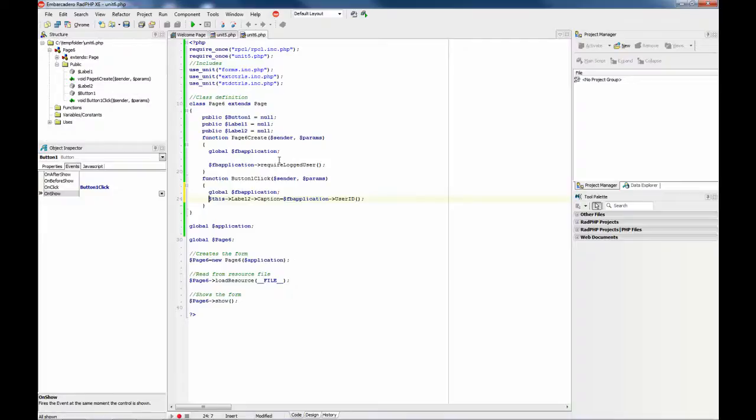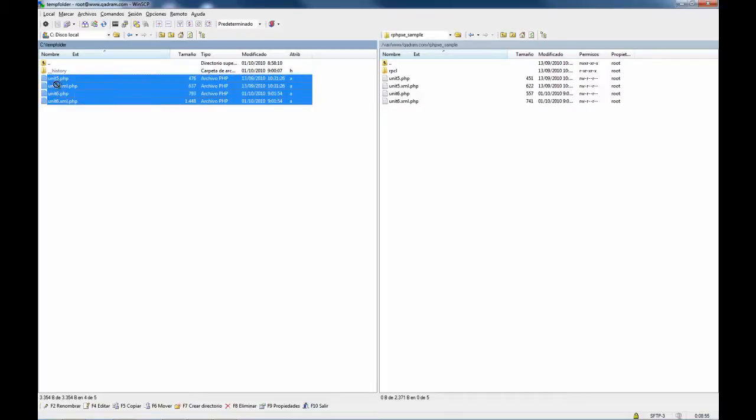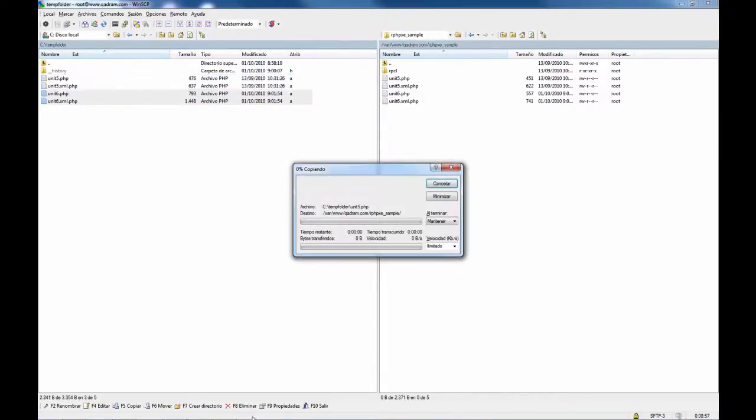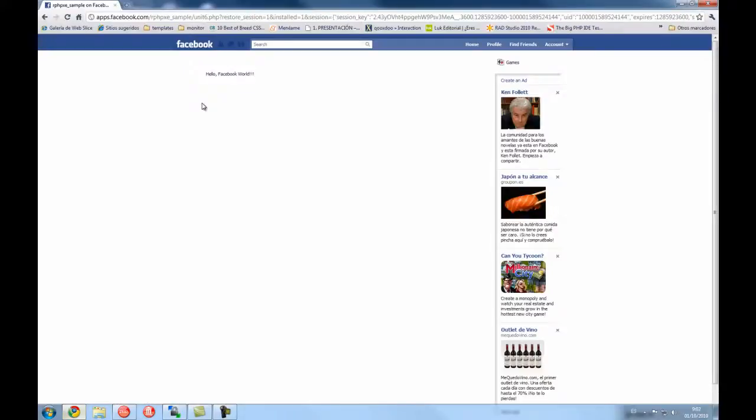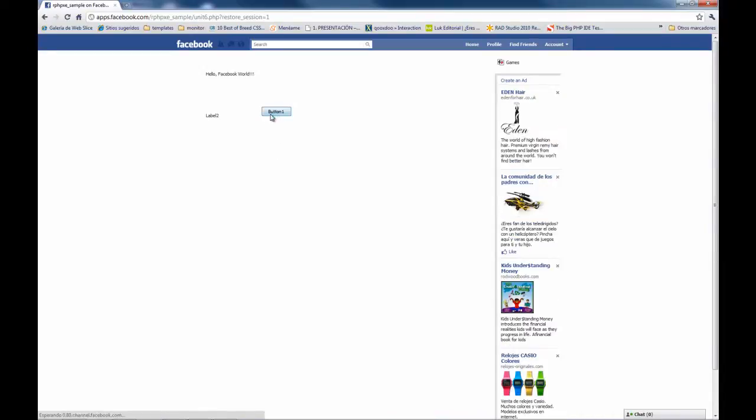We are going to show the user ID in the caption. So copy everything and restore the session. So once we click the button,